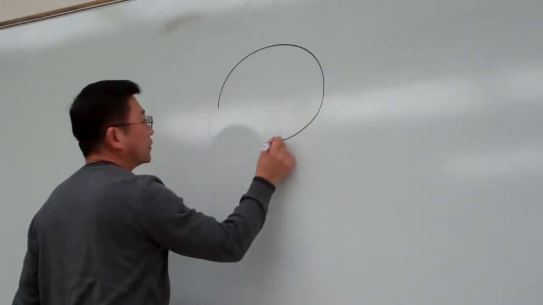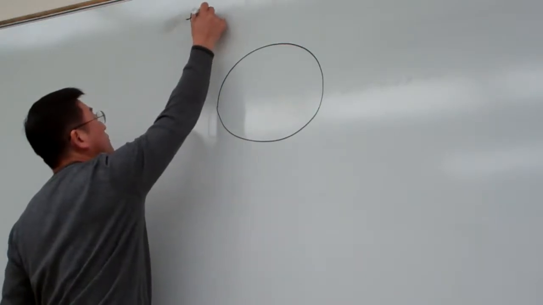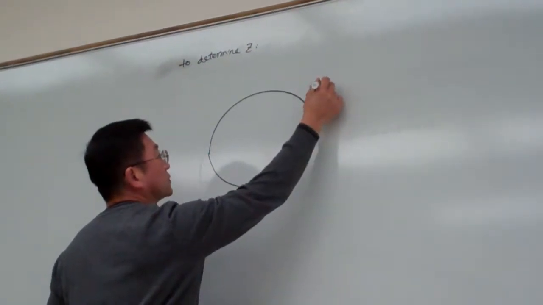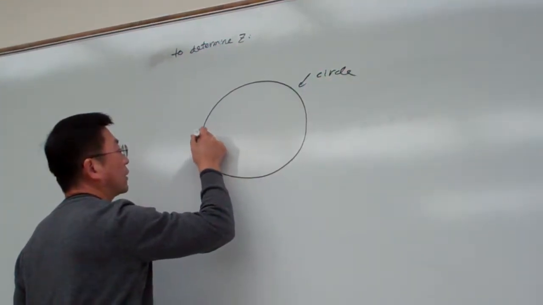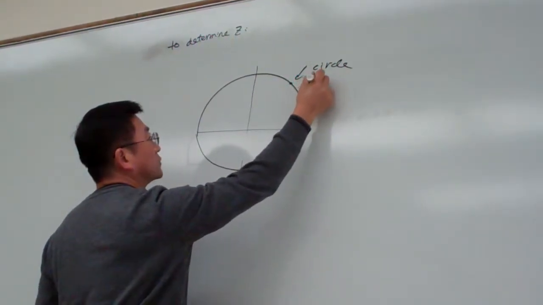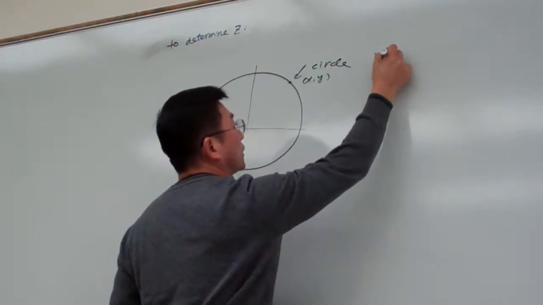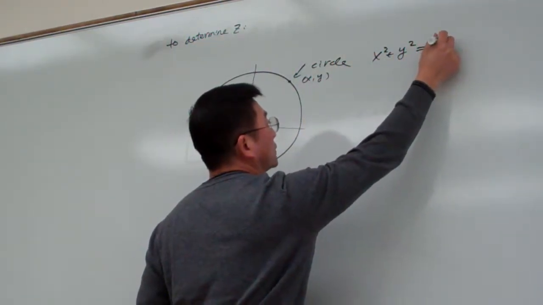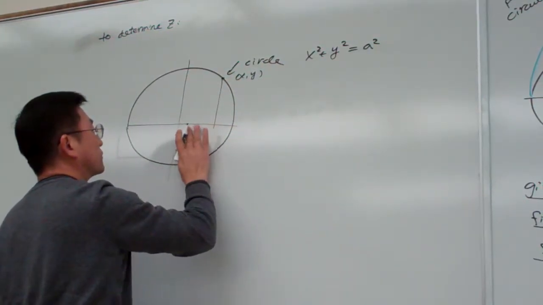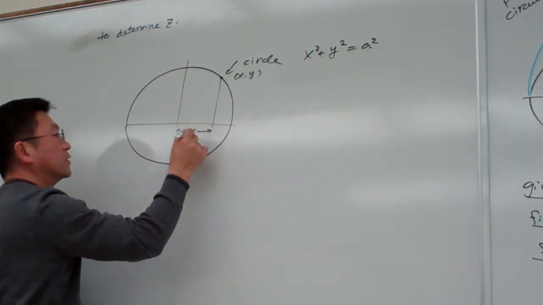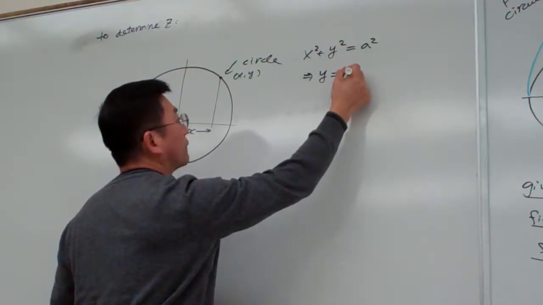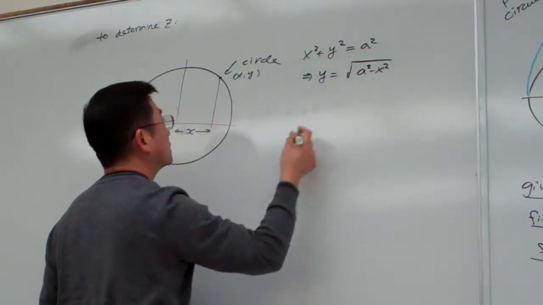To determine it, we can see if this is a circle, and at any point, say here is x, y. For a circle, for example, we have the formula x squared plus y squared equals a squared. So if we give any distance x, then basically we can say y equals the square root of a squared minus x squared. So this is y